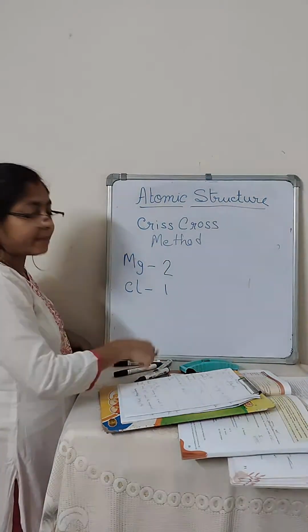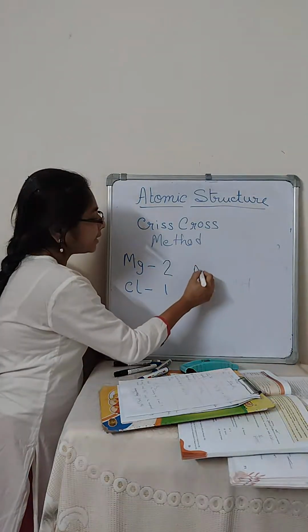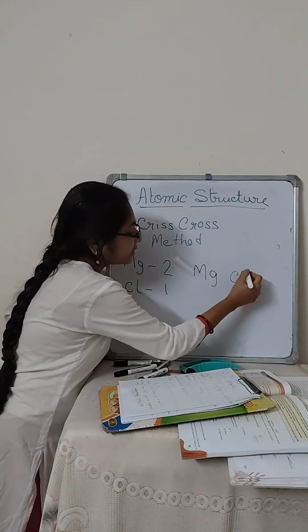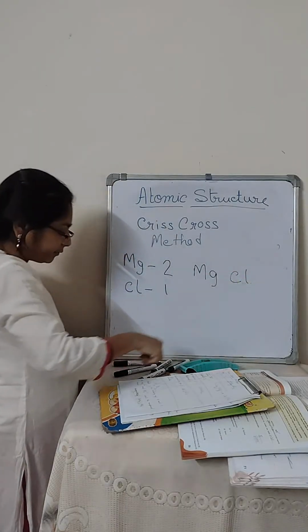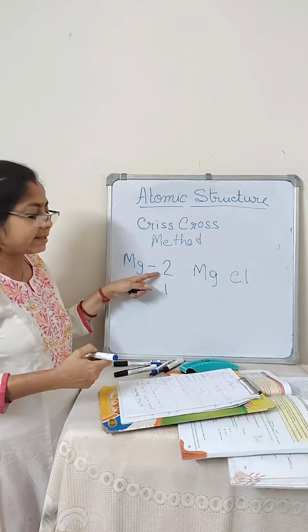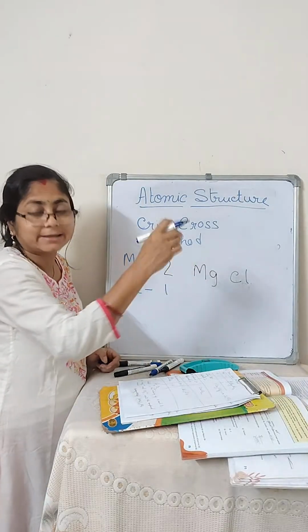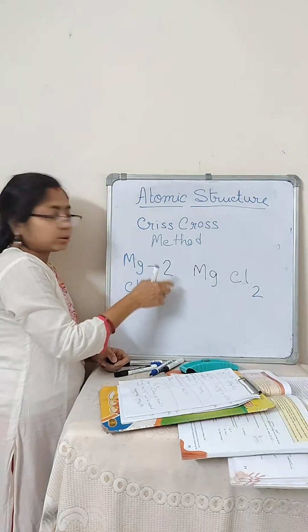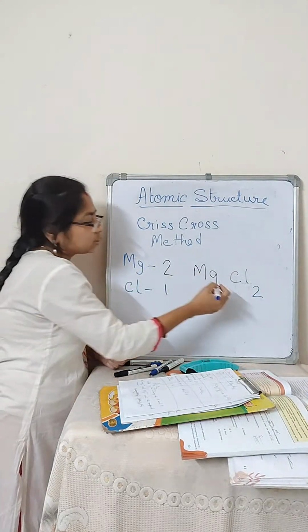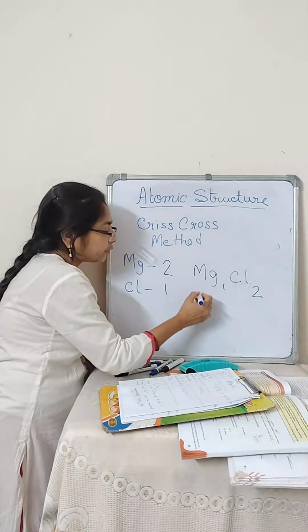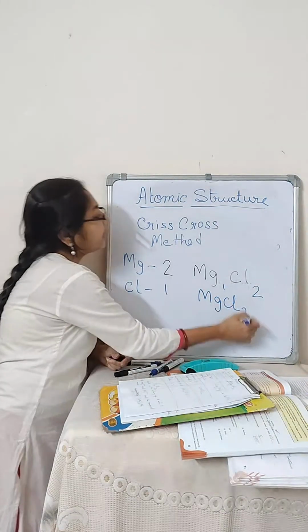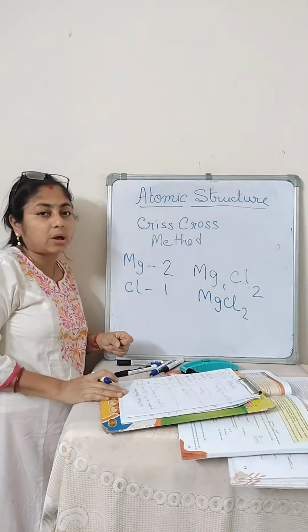How do we write magnesium chloride? First I write the magnesium symbol and the chlorine symbol. Now how can I write? Magnesium valency 2, I write it down by the chlorine. So write 2. And what is the chlorine valency? It is 1, so I write it here. So the total formula is